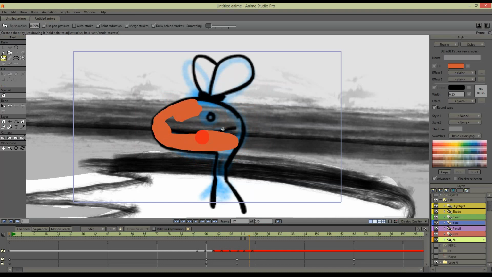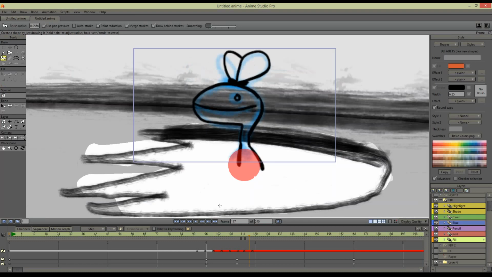Okay, and I think there's another question that's very similar, but I just wanted to make sure to ask it. Apologies if it's repetitive, but the question is: does frame by frame start on frame 0? Does that mean that the animation starts on 0 instead of 1, like a normal AS file? Okay, yes. When you draw, I think what you're asking is, when you draw on a frame by frame layer,